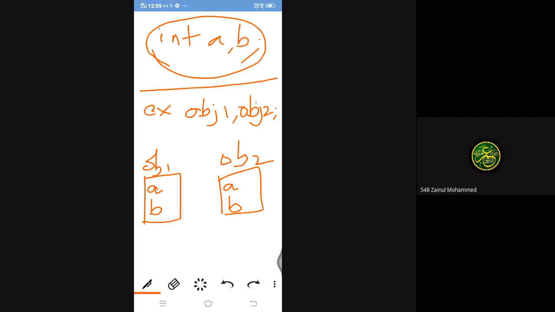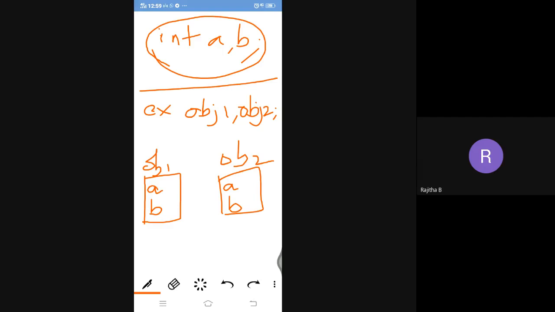Okay, so this is obj1 and this is obj2, and obj1 consists of data members A and B, and obj2 also consists of the class data members. So when you create a number of objects, all the objects consist of the data members. Like this, memory will be allocated for object 1 and object 2.